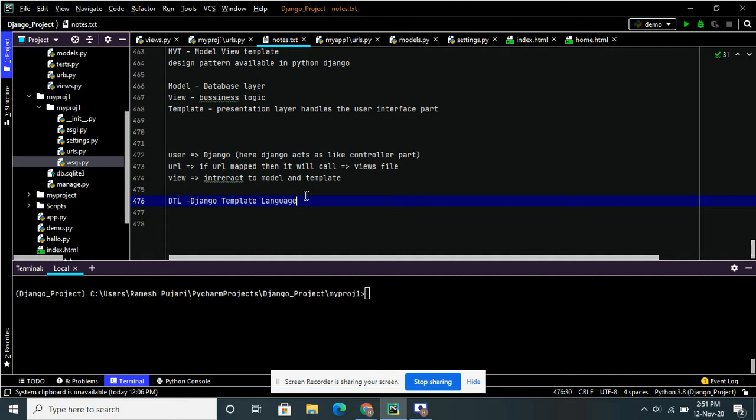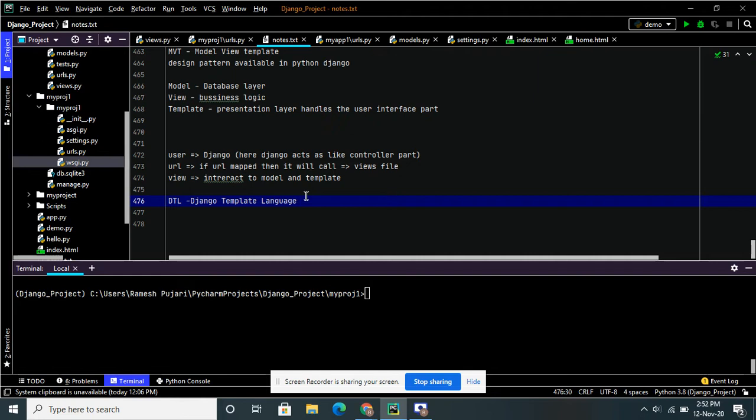As I already explained, it has some variables, tags, etc. A template is used to render the context, whenever the user requests something from the browser. These variables will be rendered by the templates only.